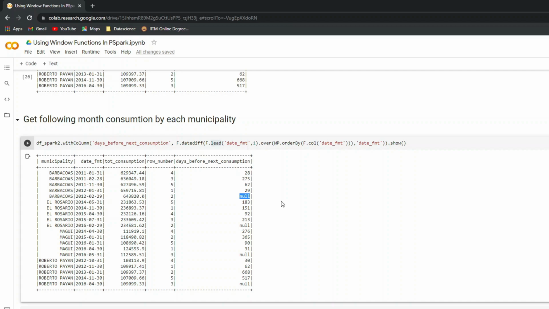So these are some of the very basic window functionalities which I explained in this video. There are so many other functionalities, but what I am trying to say here is that 20% of window functions will solve your 80% of analytical problems. So please try this out.